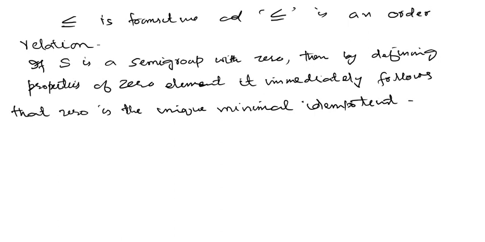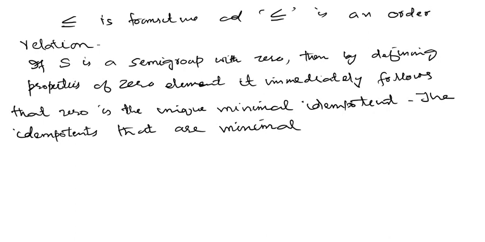अब वो आइडेम्पोटेंट्स जो मिनिमल होंगे within the set of non-zero idempotents, मतलब वो ऑब्वियसली नॉन जीरो ही होगा, वो idempotent जो minimal, वो नॉन जीरो होगा, और वो एक से ज़्यादा भी हो सकते हैं, that's why we say idempotents. अगर मिनिमम होता तो यूनिक होता। The idempotents that are minimal within the set of all non-zero idempotents